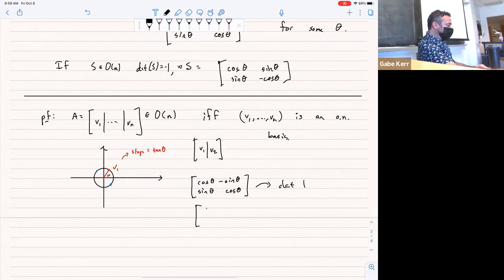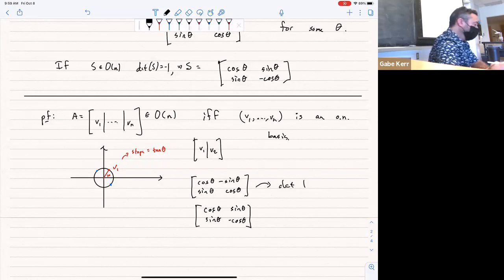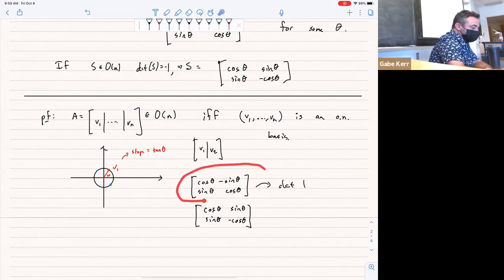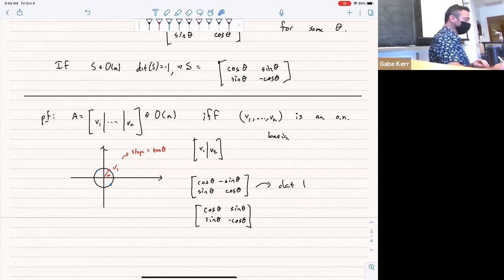Whereas the other option, we would see that we get negative 1 determinant. So since these are the only two options, these are all of the possible 2x2 orthogonal matrices. Now, in this first case, the way you can see this, if I take any vector here,